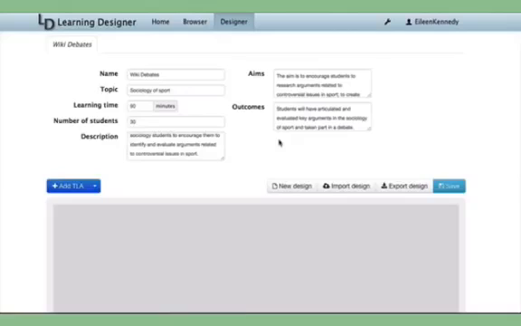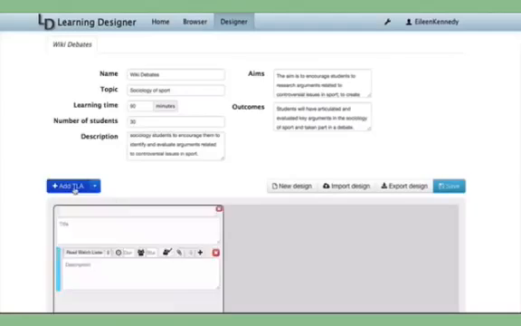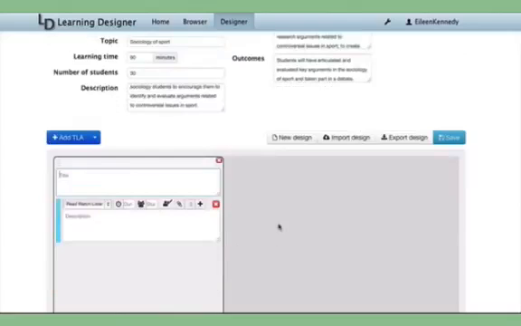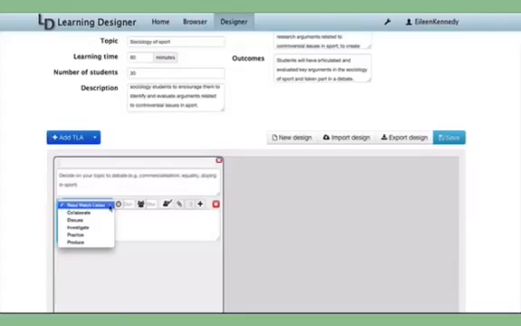Next thing to do is to start building the detail. So I click on this button, which will add what we call a TLA, or a set of teaching and learning activities. I need to give my TLA a name, and I need to decide what kinds of learning experiences the students should have. I can choose from 6 learning types: